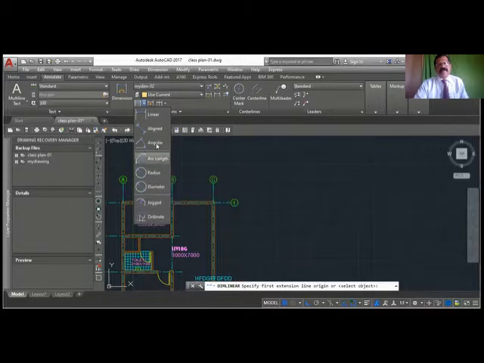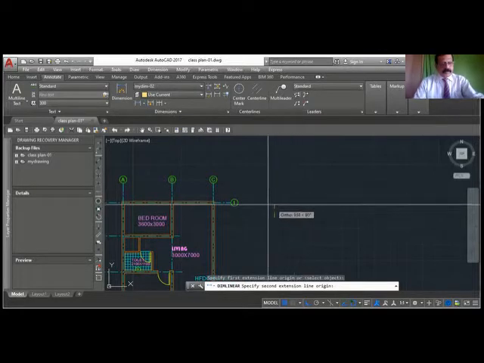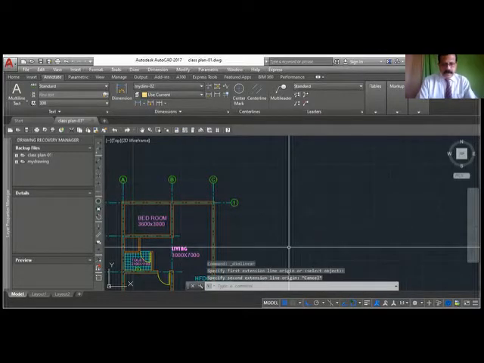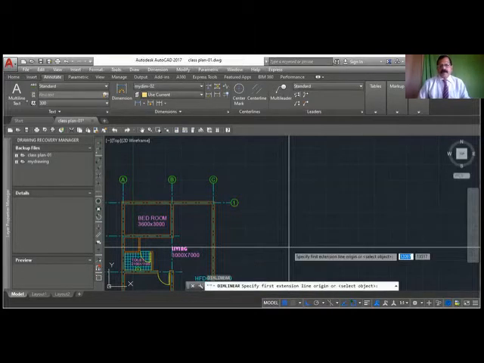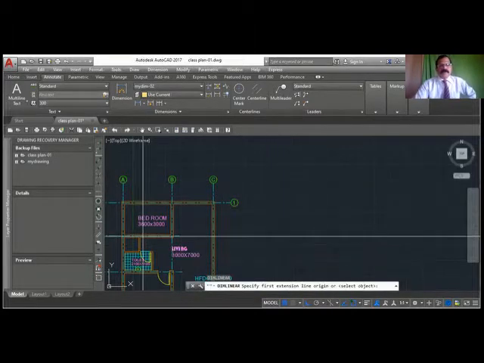There are different types of measurements here. Linear means horizontal or vertical dimension. So the command for this is dimlin. Either you can type dimlin, meaning dimension linear, D-I-M-L-I-N, dimlin. Enter. It's asking for the first point.